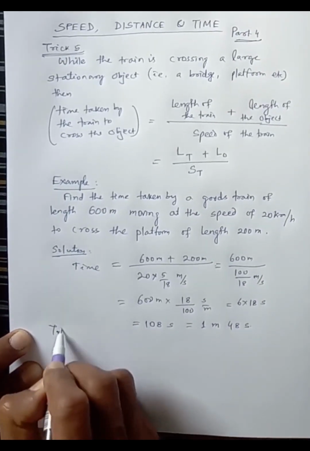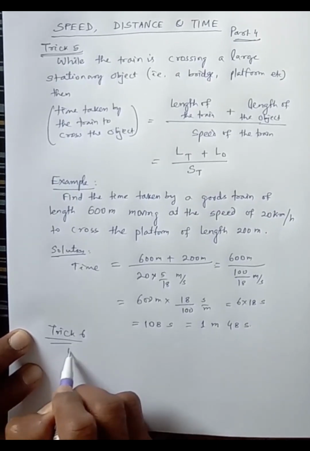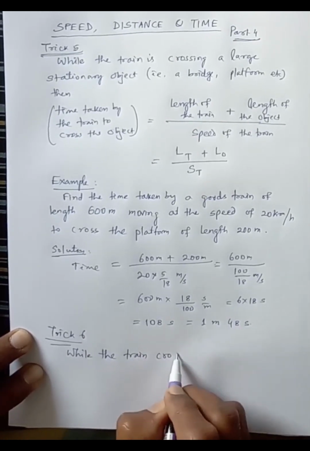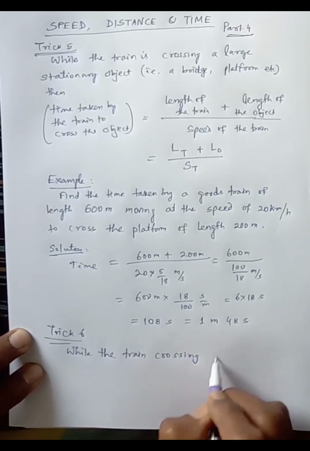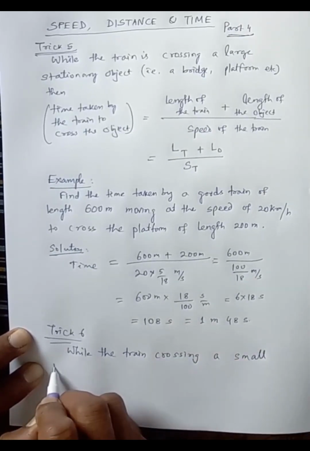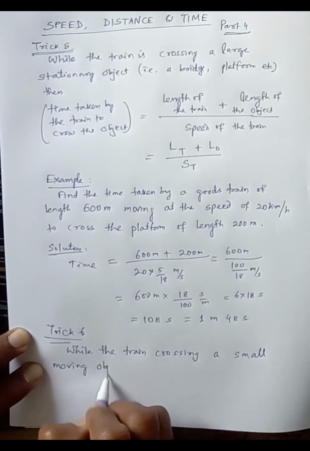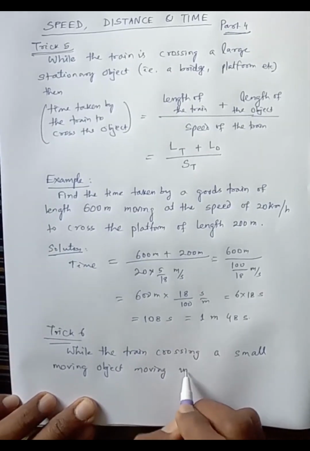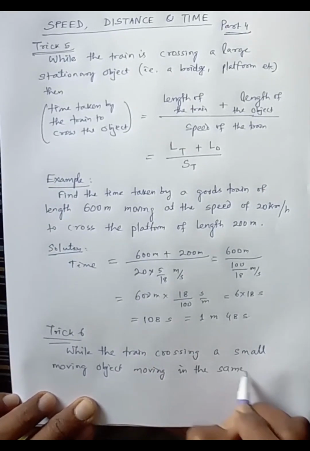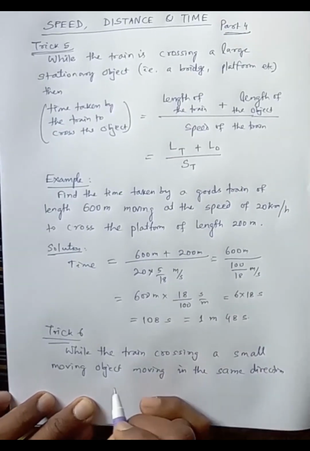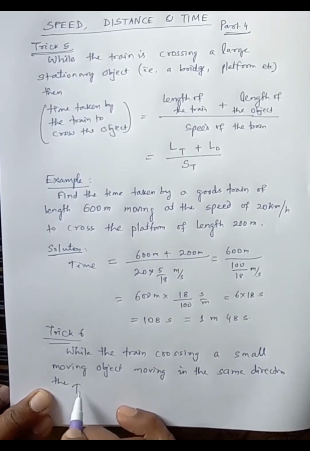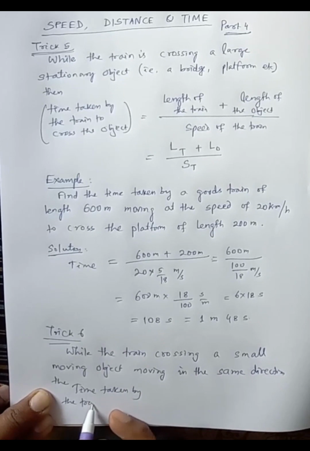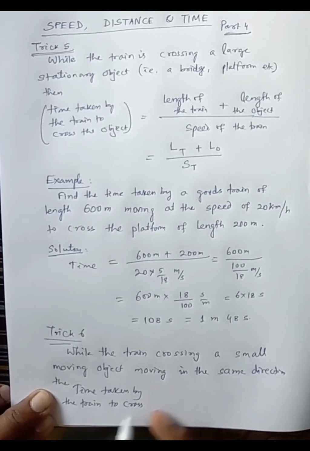Trick 6. While the train is crossing a small moving object, moving in the same direction, then time taken by the train to cross the object